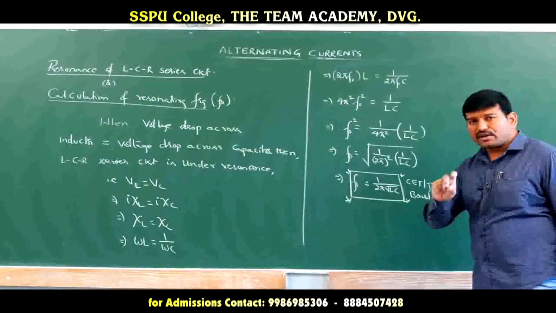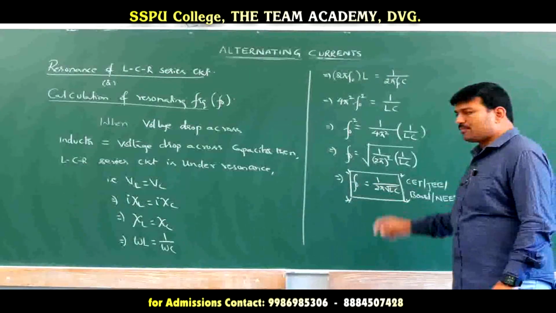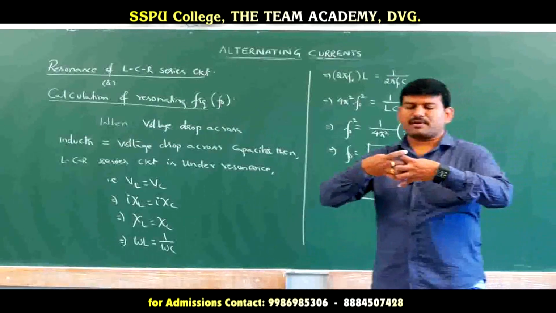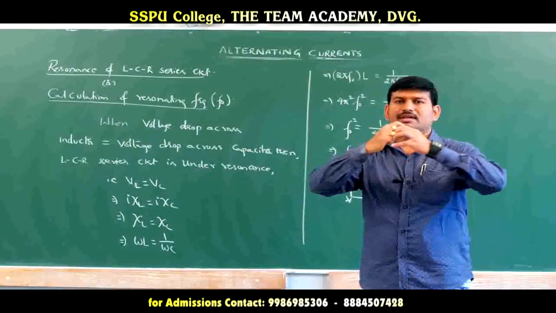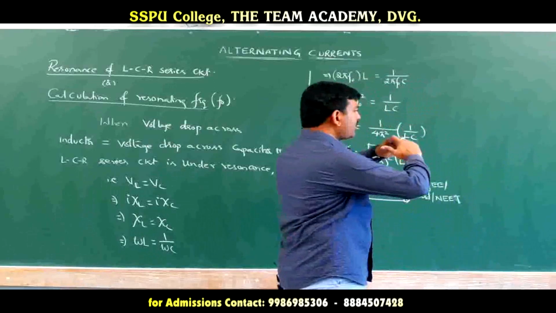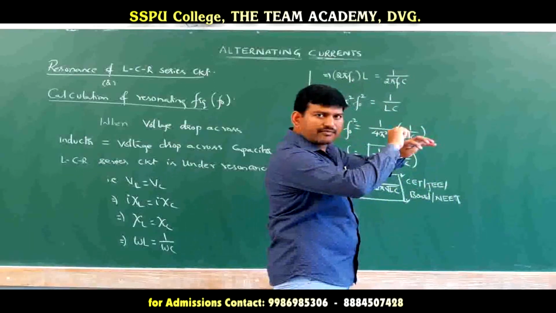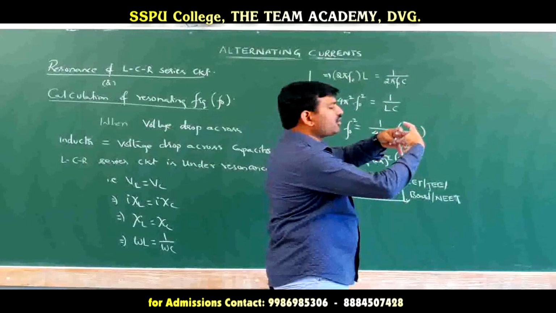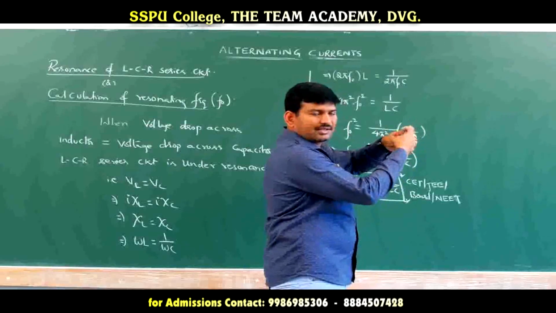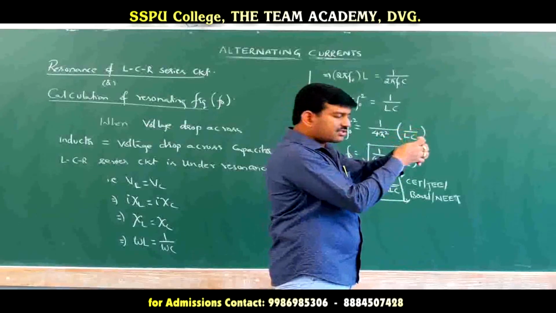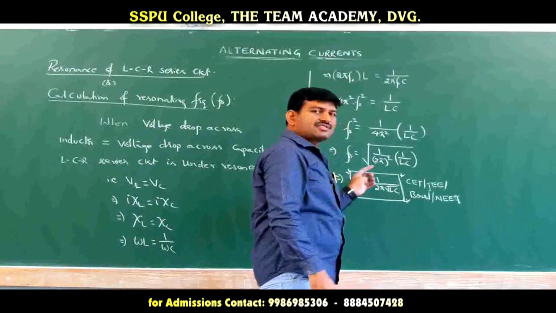So, in the case of a radio tuner, there will be a variable type of capacitor. Like this, capacitor plates will be there and here one rotor will be there. Nothing but in the radio we will be having a tuner. The tuner, if you are turning, we are changing the effective area between the capacitor plates. So, when the effective area changes, capacitance changes. When capacitance changes, frequency changes.